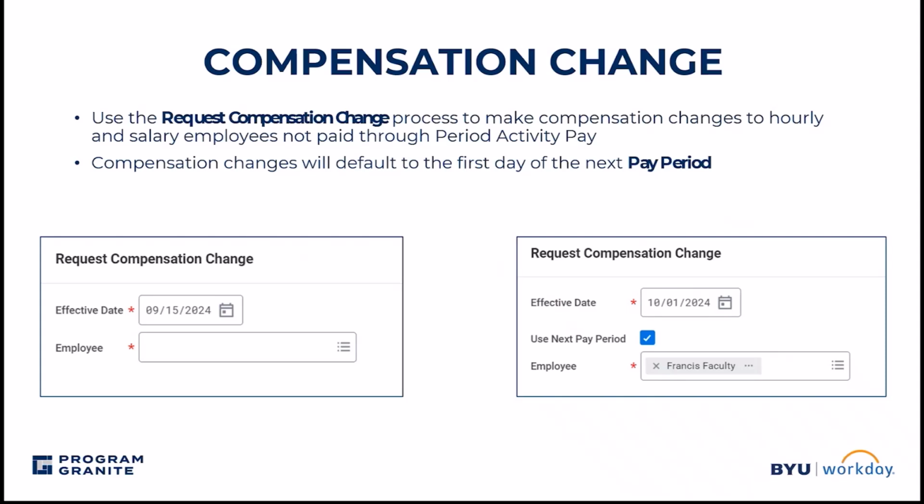To do that, you would select the request compensation change business process. You could either type that into the search bar, or like I'm going to ask you to do today, navigate to that worker's profile, hover over compensation under actions, and select request compensation change. Once you have an